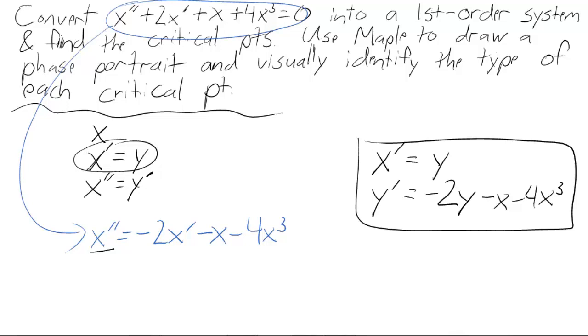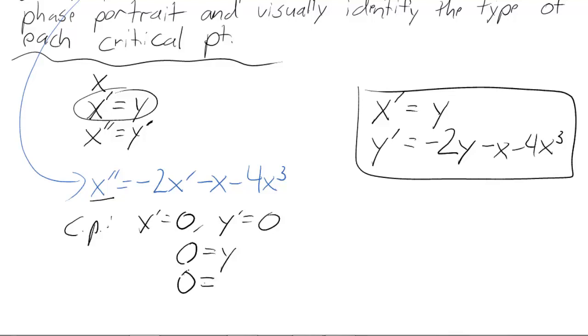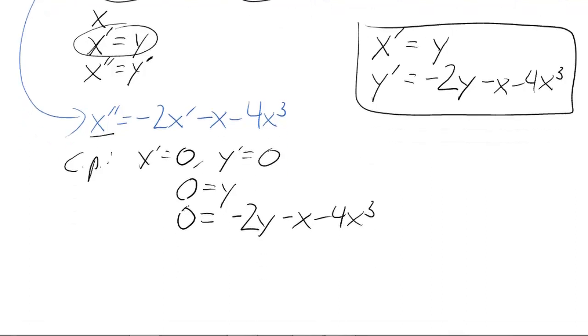We now want to find the critical points of this first order system, and so we go ahead and do that by taking x prime equal to 0 and y prime equal to 0. And so the first equation becomes nothing but 0 equals y, I guess that's convenient, and our second equation becomes 0 equal to negative 2y minus x minus 4x cubed. And we want both of these to be true at the same time, so that forces y to be 0,